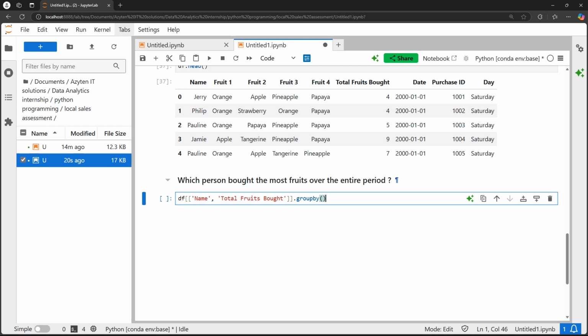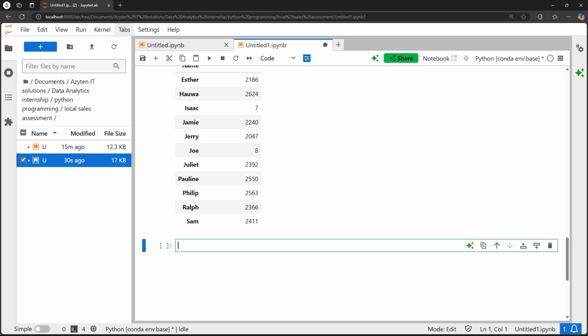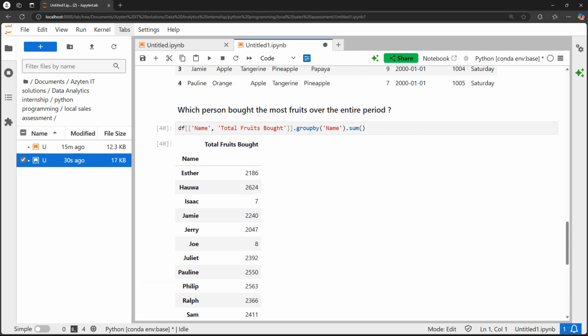Then what am I grouping by? I'm going to group by the name. Then I want to sum the total fruit, so I'll just say .sum(), and I'm good. So we then have a sum of